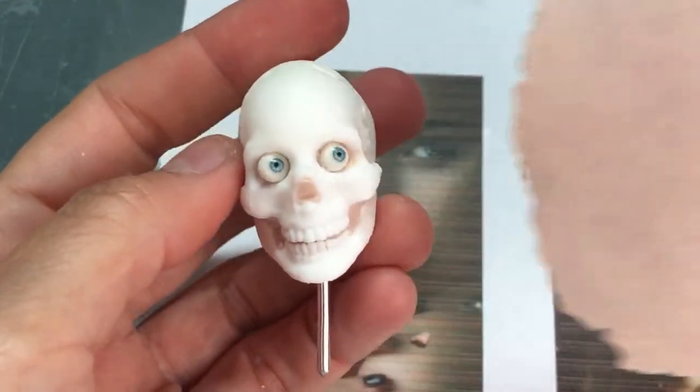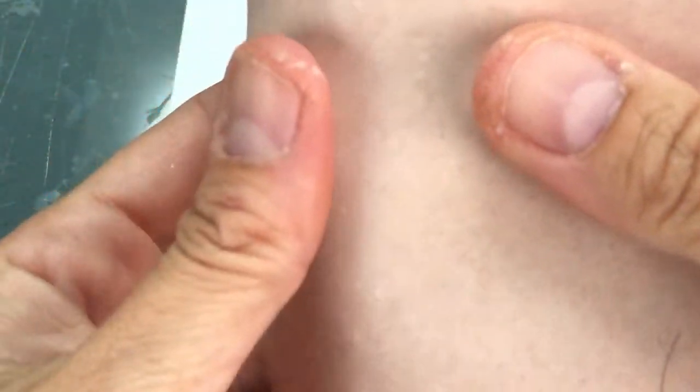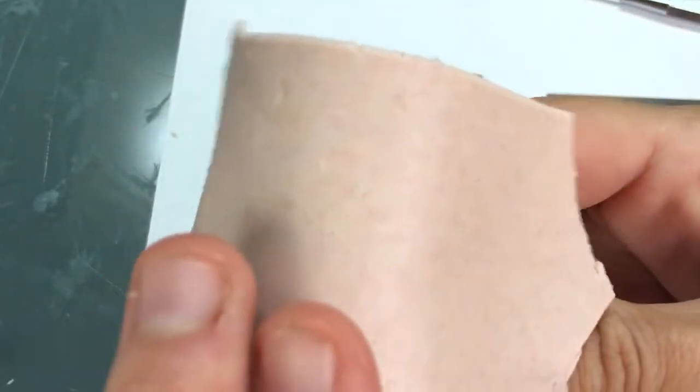So I will place this skin on top now. If you already did other classes, you probably already know these steps because it's always the same. If you don't, then